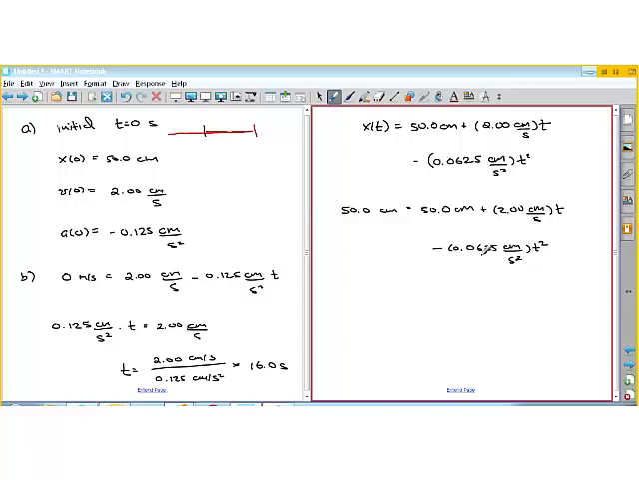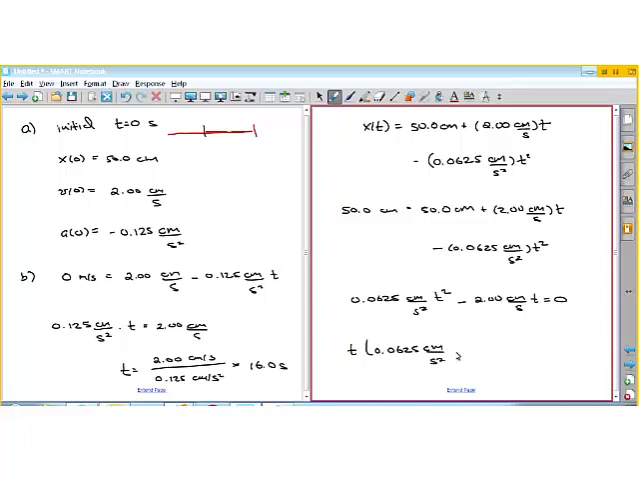Okay, so you see these are going to cancel out. And then I'll move this to the left-hand side to make it positive. So I'll get positive 0.0625 centimeters per second squared. Actually, we're going to move both of them to the left-hand side because we're going to have to factor out something here. So this becomes positive by moving to the left side. This becomes negative. So I get negative 2.00 centimeters per second times t equals 0. You factor out the t, so you get t times